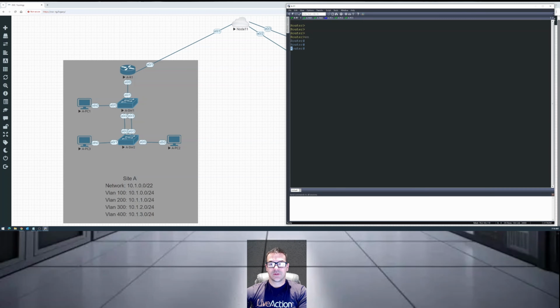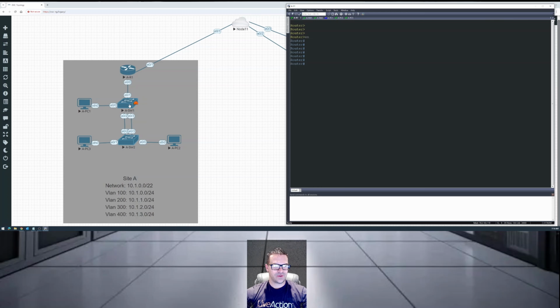Welcome back, everyone. So we are going to pick up where we left off, which I believe was getting router 1 into the mix here. We're going to actually accomplish a few things here. By adding router 1 to the mix, we are now creating a layer 2 and layer 3 boundary, if